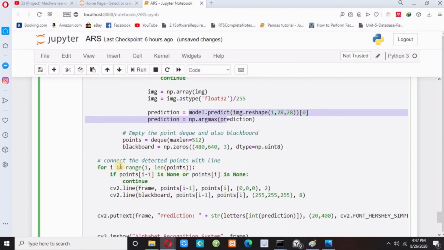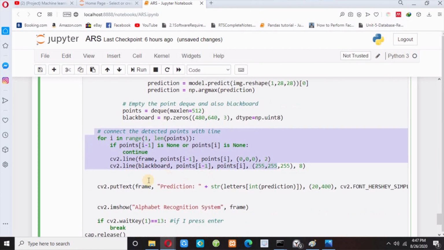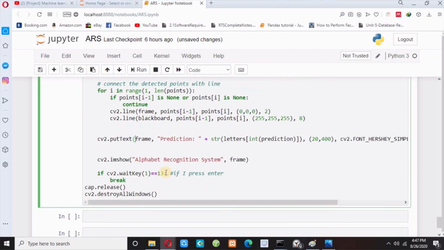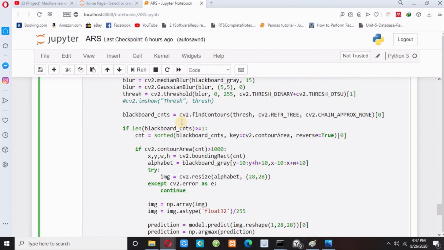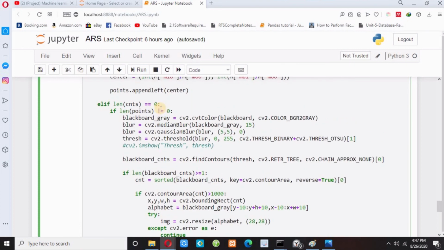And then this is the code to connect our points with a line, and finally this is the code to write some text in our frame. And if I press the enter button, it will destroy my window. So guys, practice it by yourself. This is very easy, and if you find it difficult, you can comment also. I will explain over there.